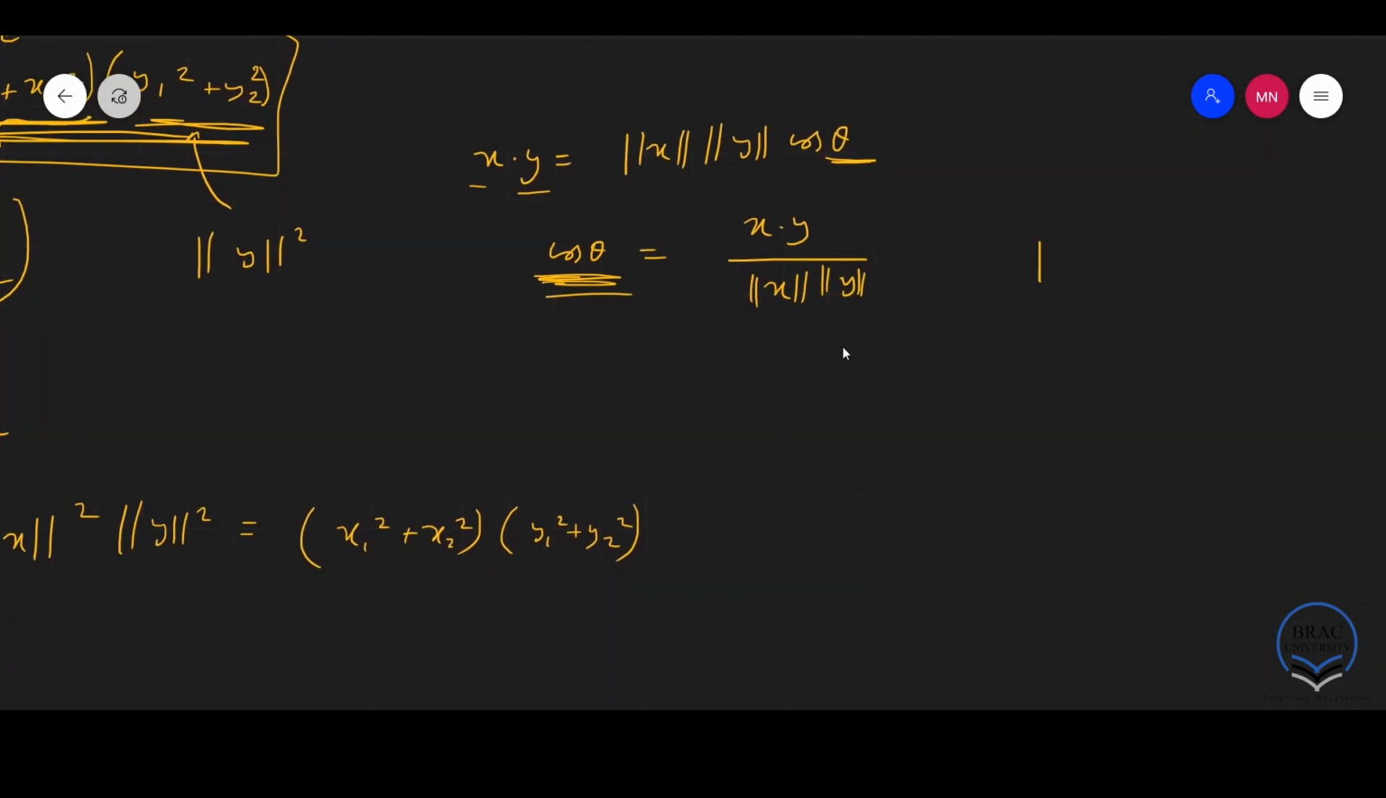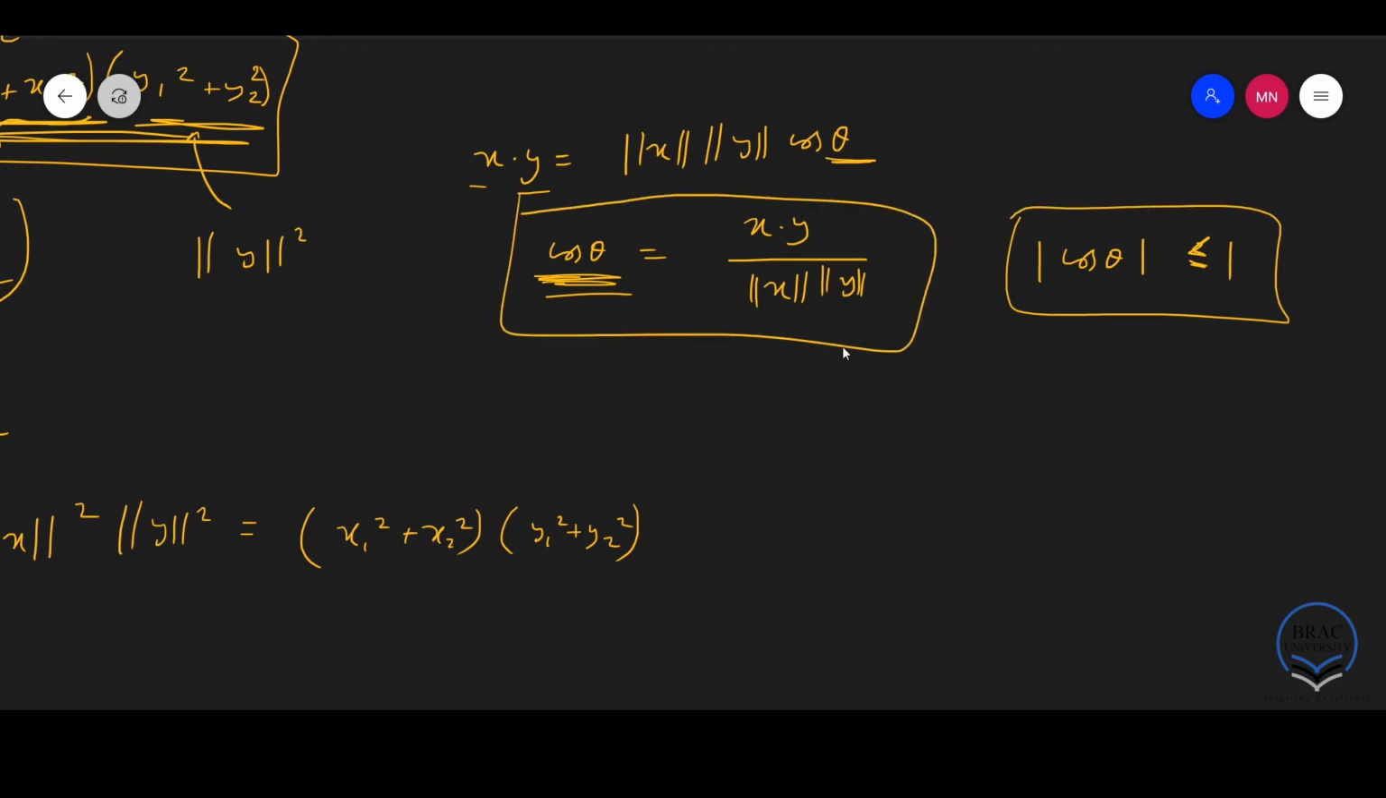So the magnitude of cosine of theta has to be less than or equal to 1, right? Since we're taking the magnitude, the negative values will become positive. So the magnitude of cosine theta will be less than or equal to 1, right? So from this, if I take the magnitude on both sides, I will have the magnitude of x dot y divided by the magnitudes of x and y. This is equal to the magnitude of cosine theta, which is less than or equal to 1,